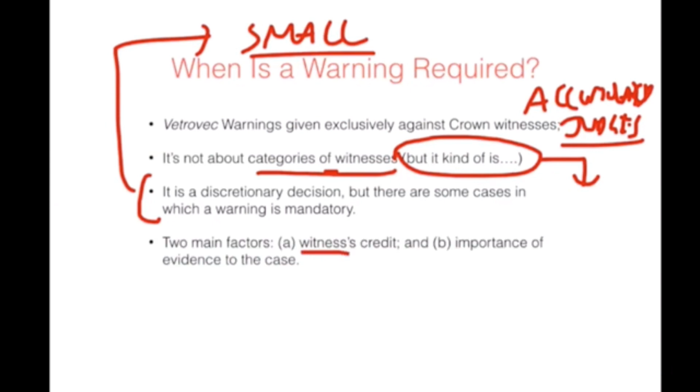Two main factors will be balanced. I've already referred to this one: are there historical factors that really make us worry about this evidence? But the second is the importance of the evidence to the case. You don't get a clear, sharp warning where the witness, even though the witness has some problems, let's say you call an accomplice, but they only provide marginal testimony, let's say about how you got the getaway car, that doesn't get a clear, sharp warning. Generally speaking, the centrality of the evidence is the second factor that a judge has to consider.